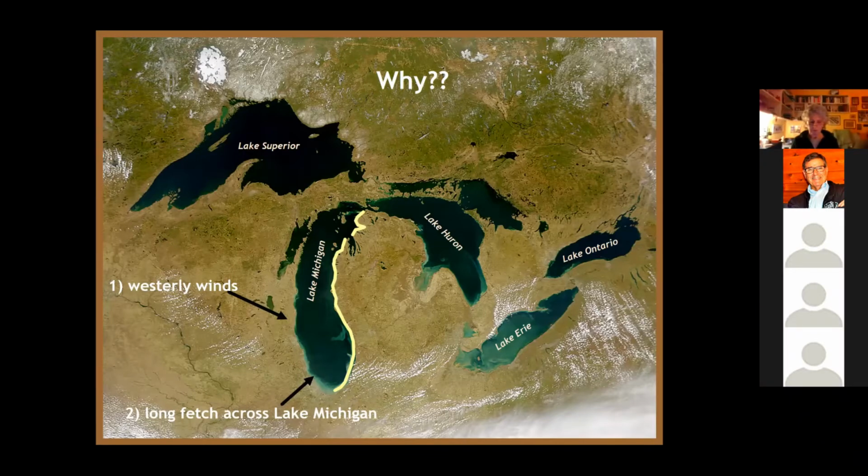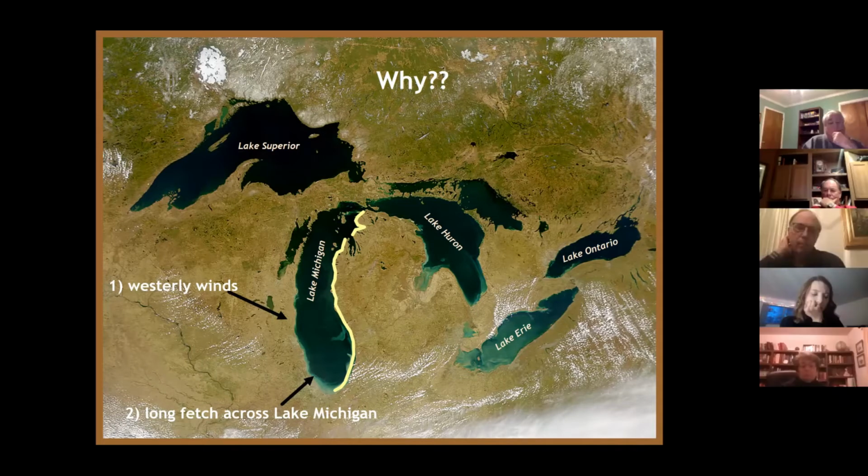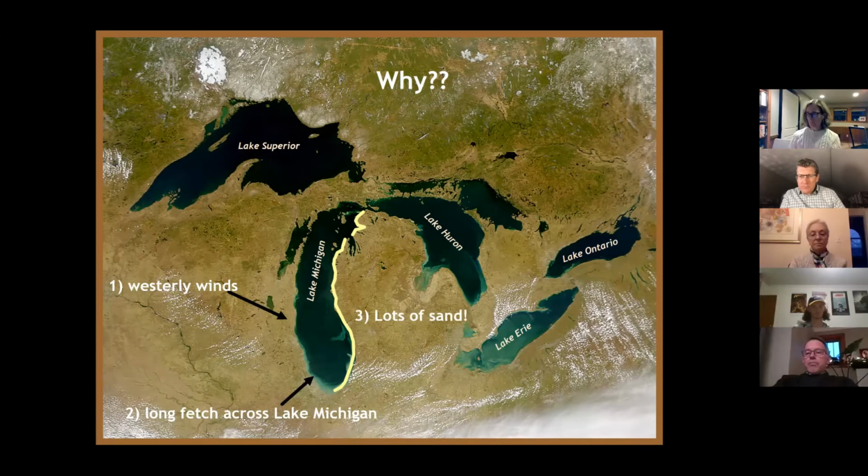Once the air starts flowing over the lake, then by the time it hits the lake shore, which is the first thing that it runs into, it's moving at full force and can easily move sand. And then third, Michigan is a big sandbox from the last ice age. The glaciers that covered Michigan from, say, 25,000 to 10,000 years ago, this part of Michigan here in Lansing was under ice for probably 9,000 years, as recently as 16,000 years ago, deposited copious amounts of sand, copious. And that is the raw material for which dunes can be constructed. So these factors all working together